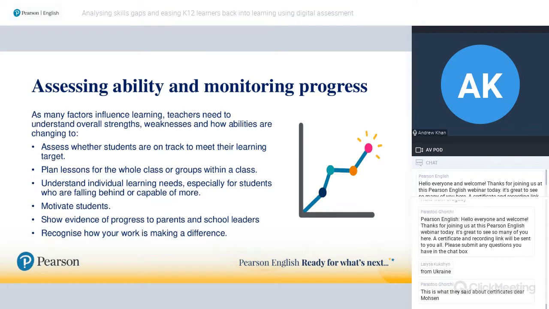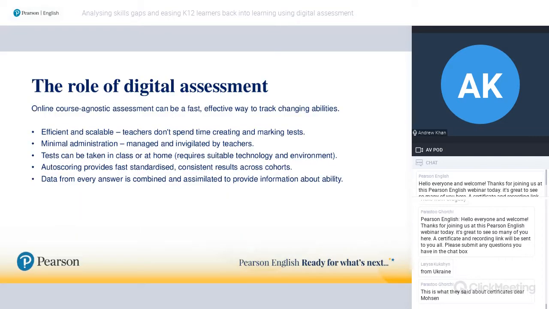However, I would say that digital testing offers us an opportunity to meet a lot of these challenges head on. So digital testing opens up opportunities for assessment tools that are fast and easy to administer. They can be objective and reliable, maybe even more objective than human rating, so teachers giving their own opinions even. Flexible enough to take from home or perhaps even school if schools have reopened. Precise enough to give real insights into learners' proficiency, and something you can really trust and rely upon.